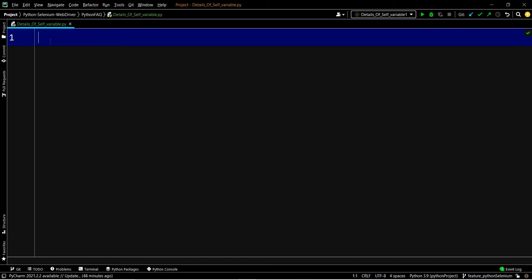With the help of self we can access the instance variable within the class, and whenever we create the object of the class, then we can access that variable outside the class. So self is working within the class. Okay, so this is a very important point. Self works within the class, and whenever we create the object of that class, it will work outside the class. So self is always pointing to the current object of the class.